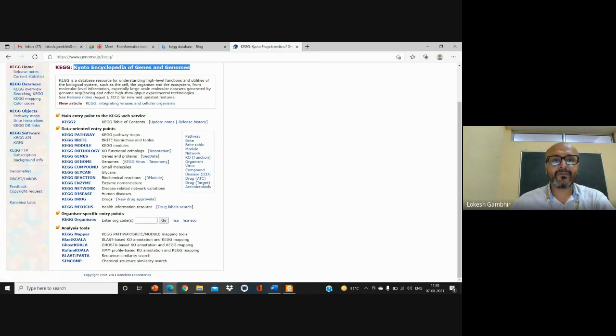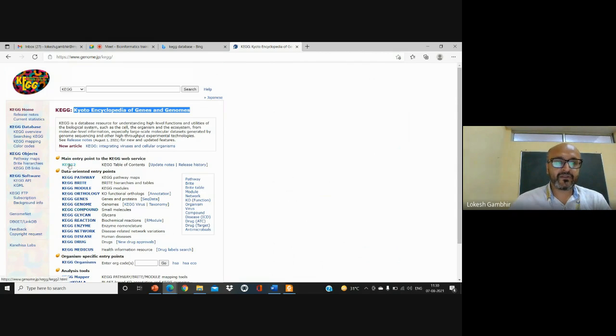Now this KEGG has multiple pieces of information as a narrative. Try to understand, it's an encyclopedia with multiple chapters. It's a very big book with multiple chapters. Each chapter is specific for certain content. Like if I talk about data oriented points, then in that I'm talking about the KEGG pathway. These KEGG pathways will give you the different pathway maps. Then we have modules, different modules will be there. Gene studies will be there, genomic studies will be there, then compound studies will be there. If you want to study a specific organism, that will also be there.